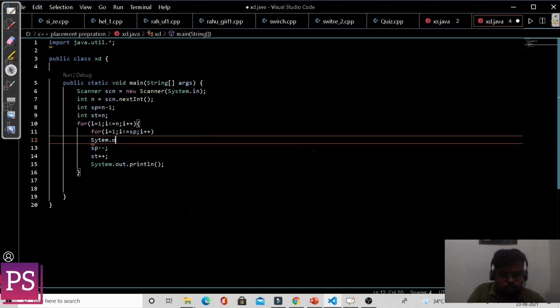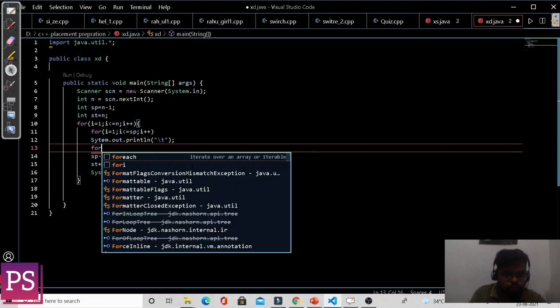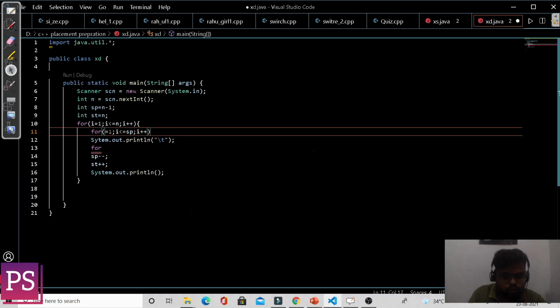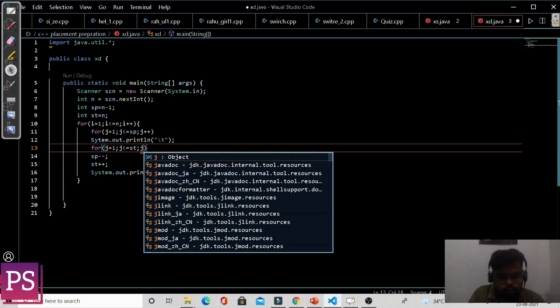System.out.println backslash t, and moving on to the next loop, for j equal to 1, j less than or equal to st, j plus plus.